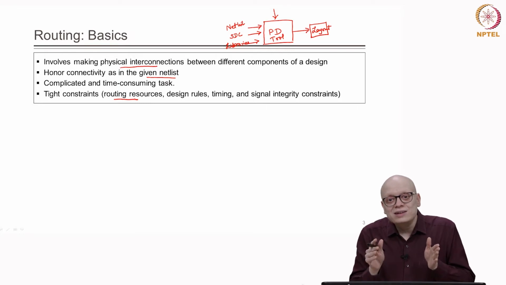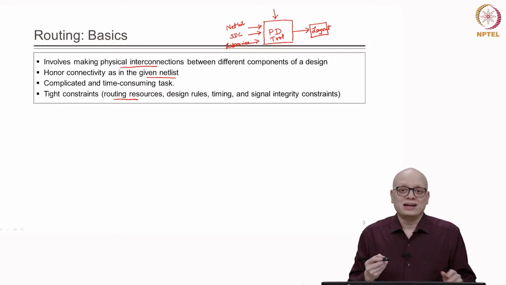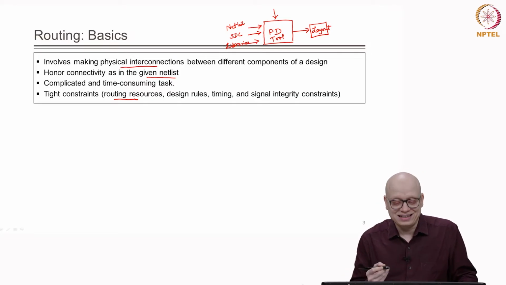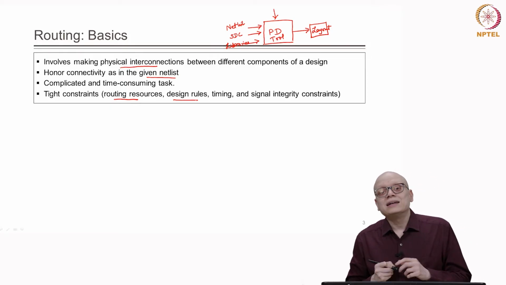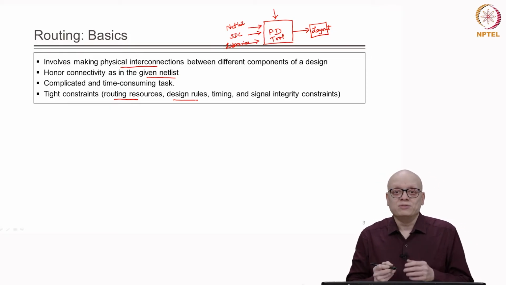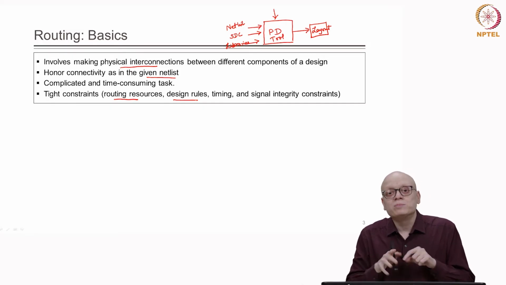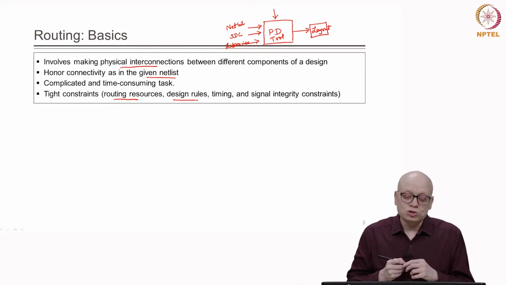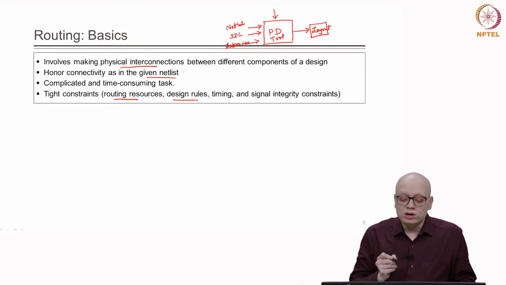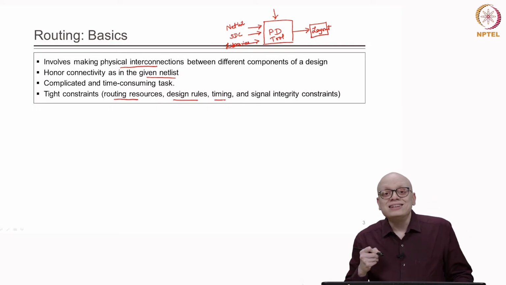So, given the limited routing resource, a router needs to find a solution, and that is not an easy task. Further, it has to honor the design rules that come from the foundry, meaning the minimum spacing between two wires of a given thickness and so on. Those design rules must be honored by the router, and further it must also honor the timing